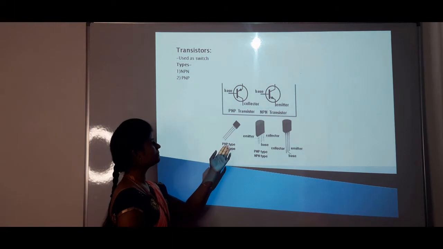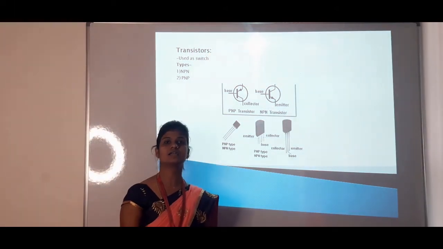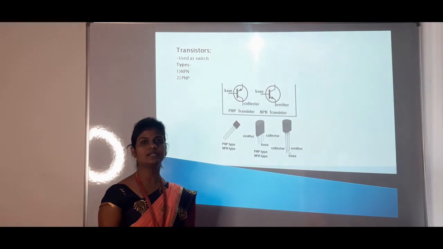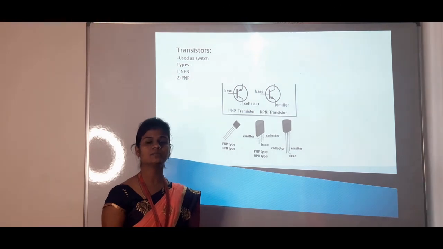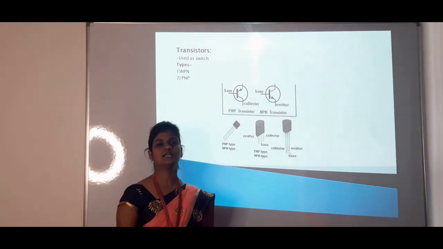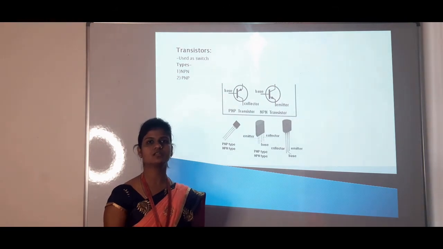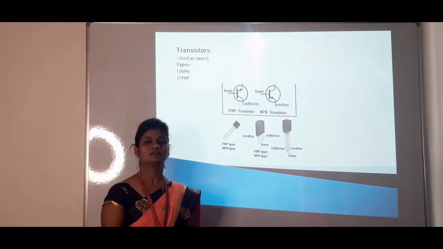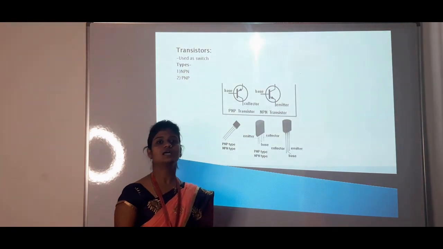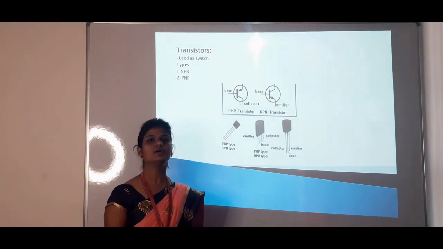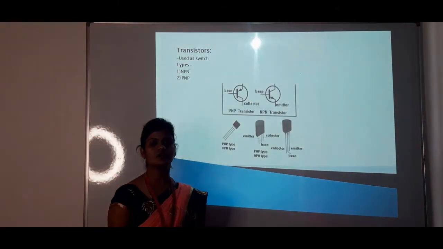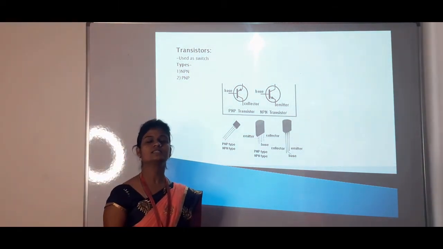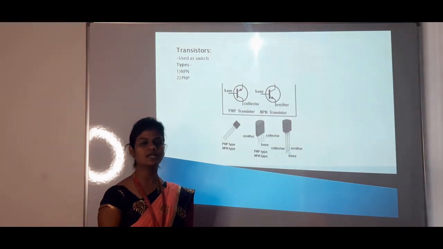Here is the structure of how a transistor actually looks. In case of the PNP type and NPN type transistor, we have to select the proper value. In case of the NPN type transistor, we are using the values BC547 or BC548. These two values can be used for the identification of the NPN type transistor. And in case of the PNP type transistor, we are using the value BC557.